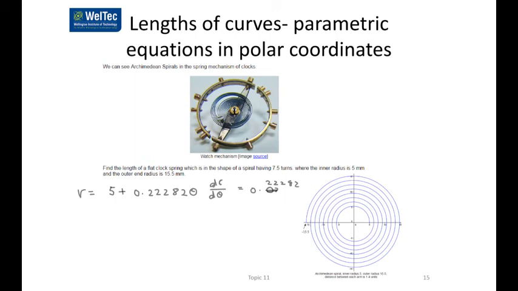And your start angle is 0, and after 7.5 turns, it's going to go through 7.5 times a turn, which would be 2 pi, so 7.5 times 2 pi, which would be 15 pi. All you need to do to find the length of it would be to find the integral between 0 and 15 pi of the square root of r squared, which we've got, plus the derivative squared